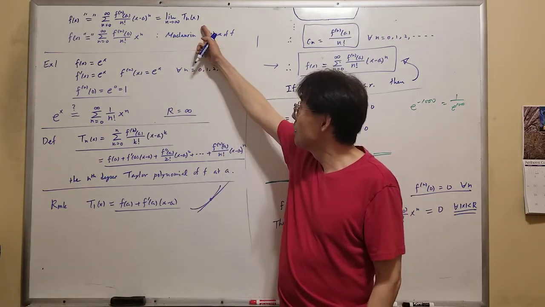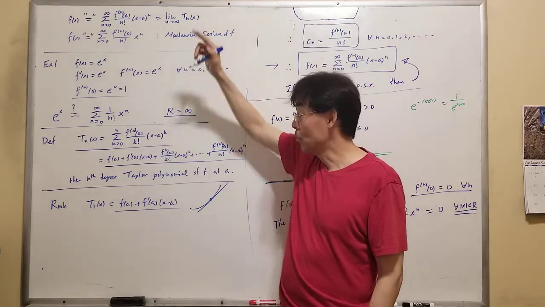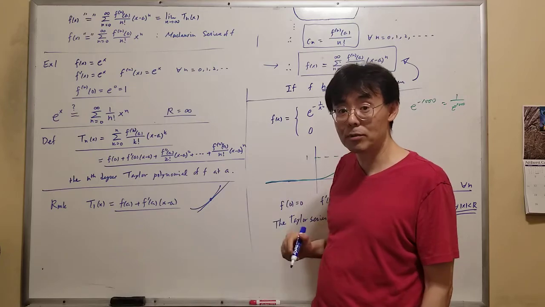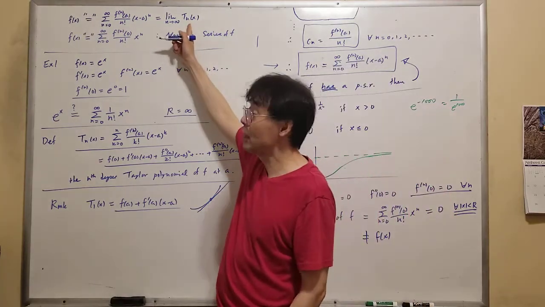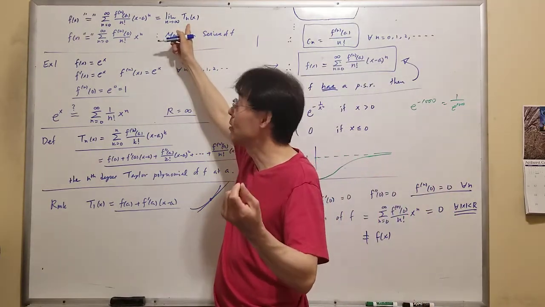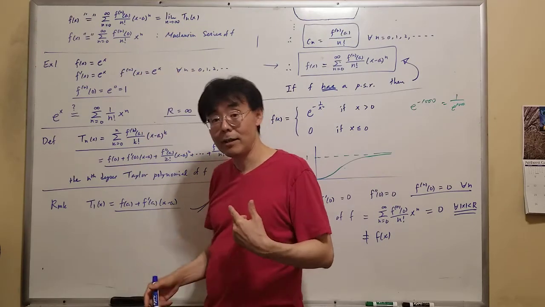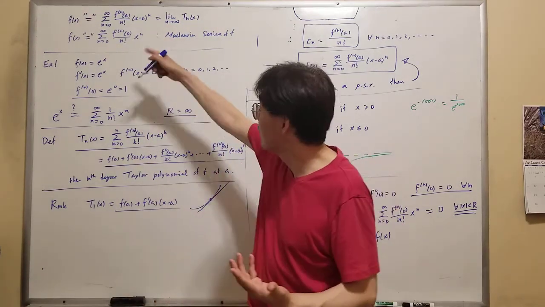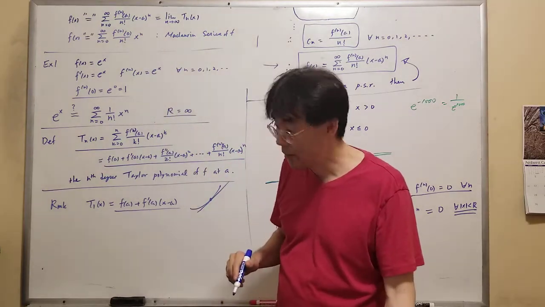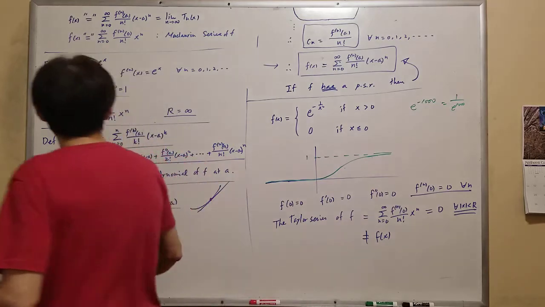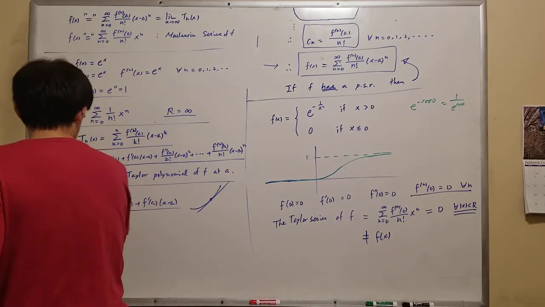So, the limit of the Taylor series polynomial as n goes to infinity. That means we keep adding more and more terms, right? The limit of the nth degree Taylor polynomial approaching f of x is the same as the Taylor series converging to f of x. So this one converges to f means that